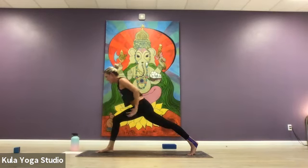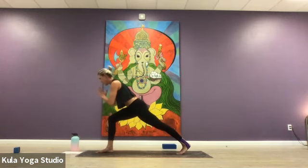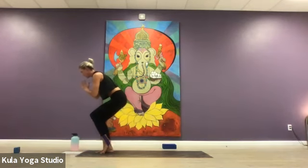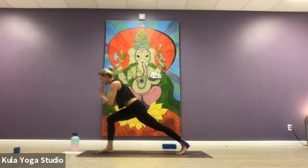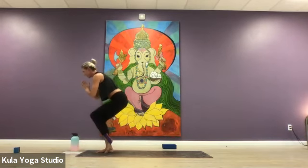Good, bring the hands to heart center, but keep that hinged position. I'm gonna shift my weight into that right leg. I'm gonna tap the left toe up and tap back into that hinged position. It's up and back. Melissa, this is your booty. That's all you get. For 4, 3,